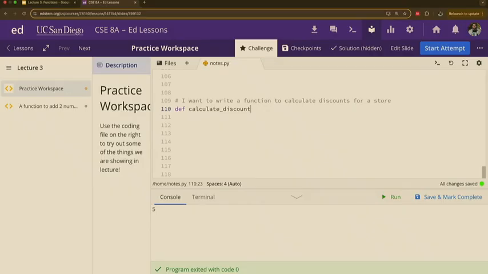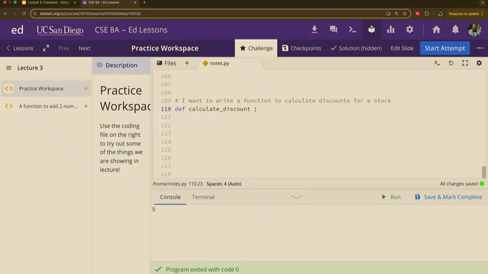I also put a little underscore here because when you're writing your function name, it all has to be one continuous sequence of characters. So if I try to do this, that would not work. It needs to be all one continuous sequence. Does that make sense so far? Yes? Okay, great.